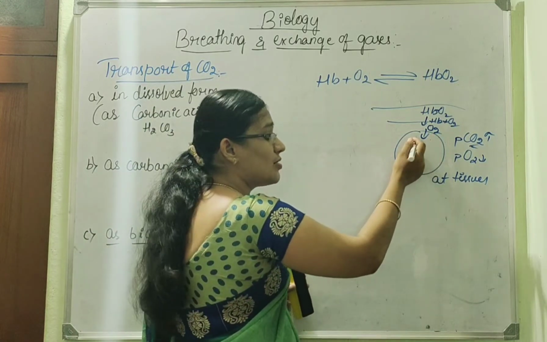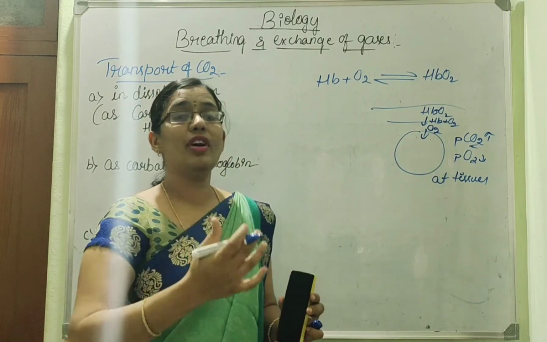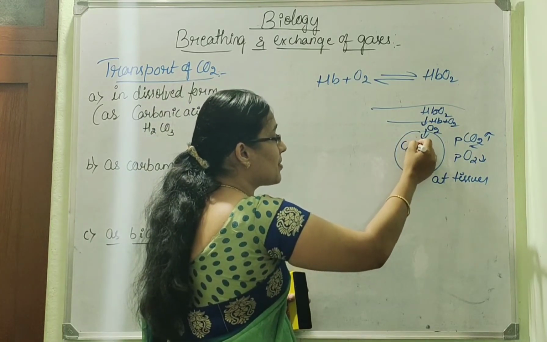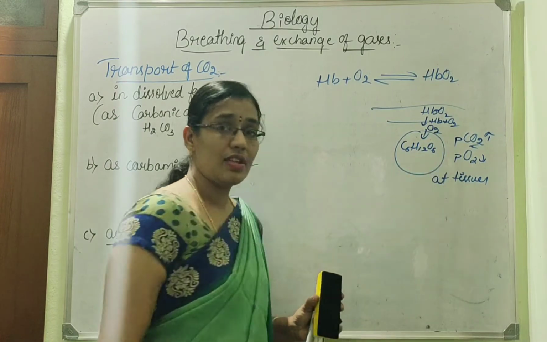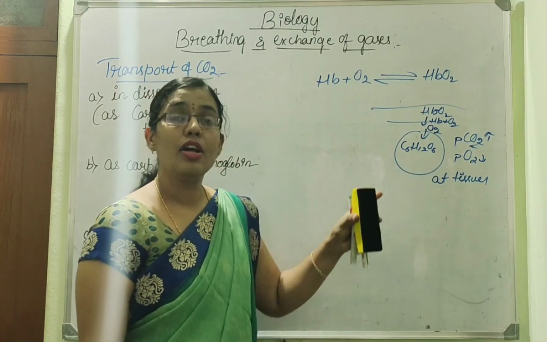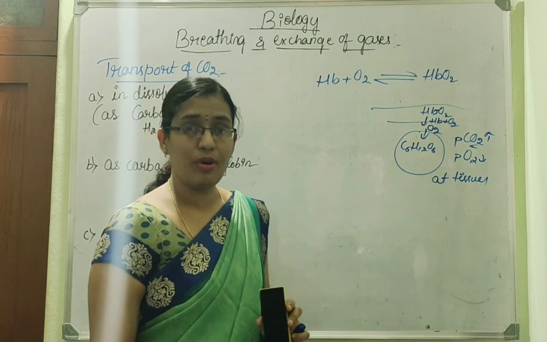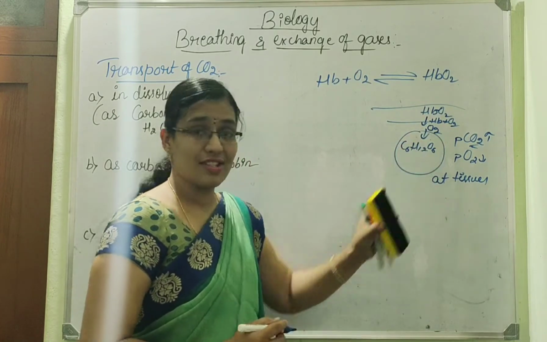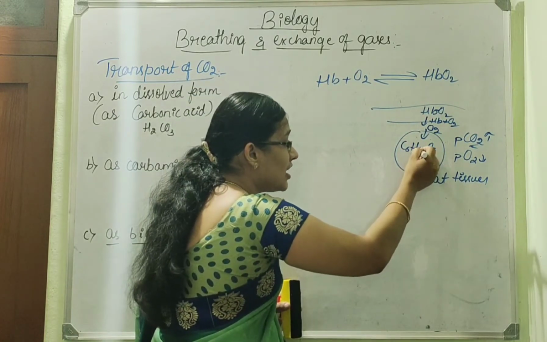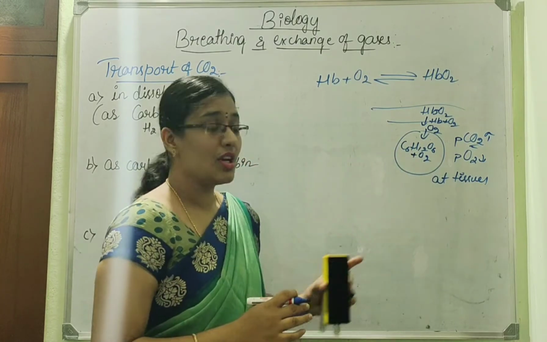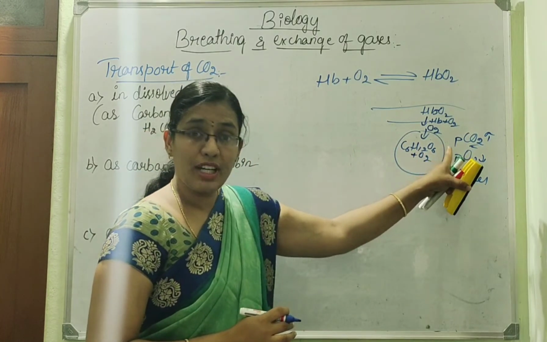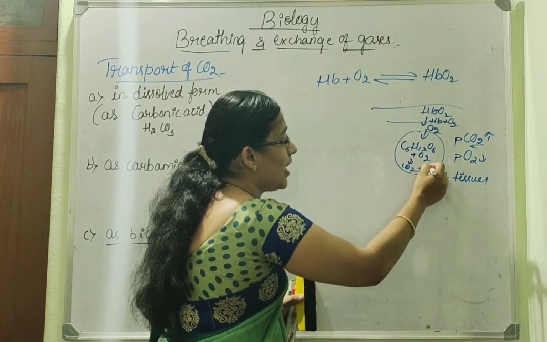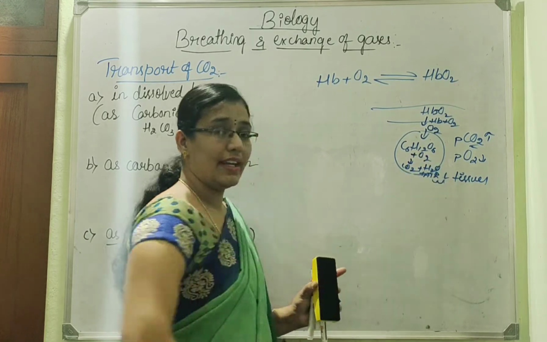And this oxygen is utilized by the tissues to perform its various chemical activities, metabolic activities. So here we can find the presence of C6H12O6, which is nothing but the glucose molecules or food substrates. They are present inside our body tissues. And this oxygen which has now been released from the oxygenated blood is utilized by the tissues to break down this food material or food substrate into simpler forms like carbon dioxide, water and energy.